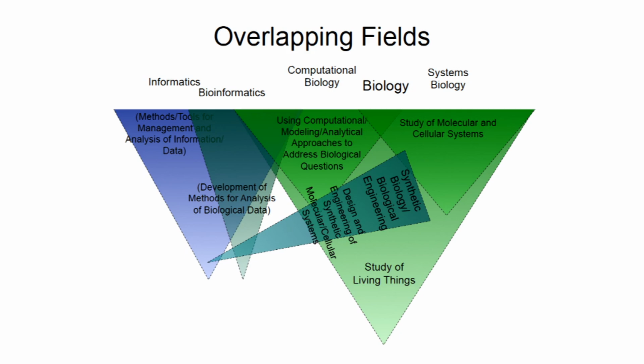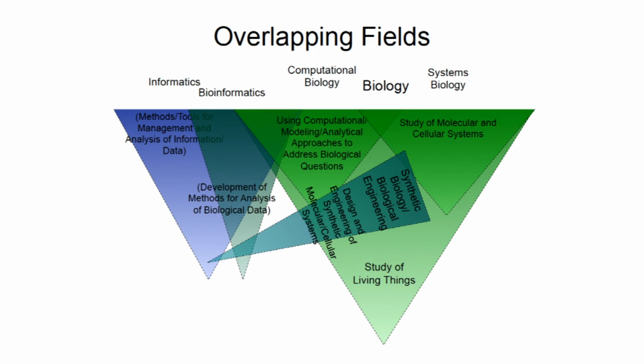Some people make a distinction that bioinformatics is more about building tools, whereas computational biology is more about using tools, although many people don't, it's very blurry, and people use the terms in various ways. And then you could think of bioinformatics as being embedded in the larger field of informatics, where you include tools for management and analysis of data in general. And it's certainly true that many of the core concepts and algorithms in bioinformatics come from computer science, from other branches of engineering, from statistics, mathematics, and so forth. So it's really a cross-disciplinary field.